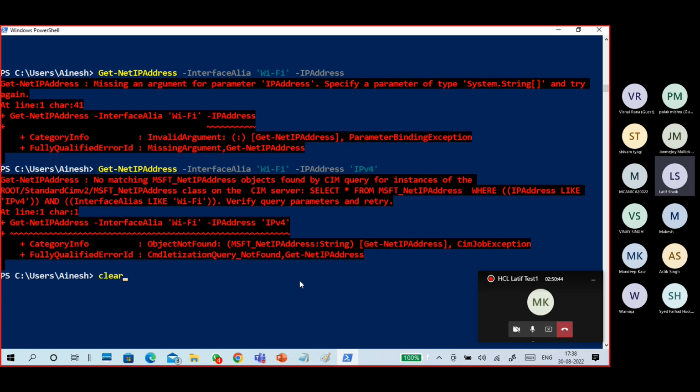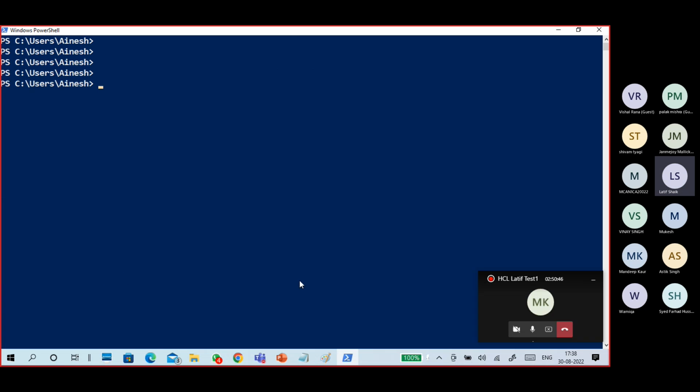Okay, so yeah, you can clear also. So this is your PowerShell. The commands are a little different from CMD commands,